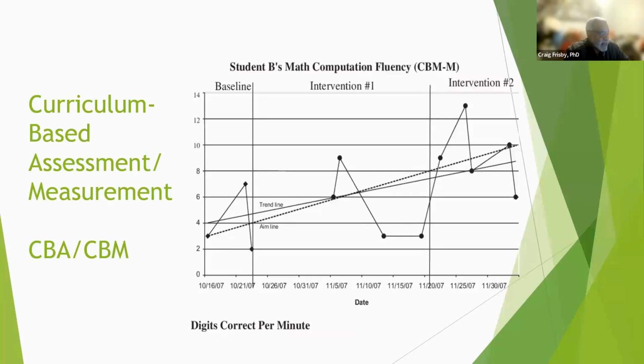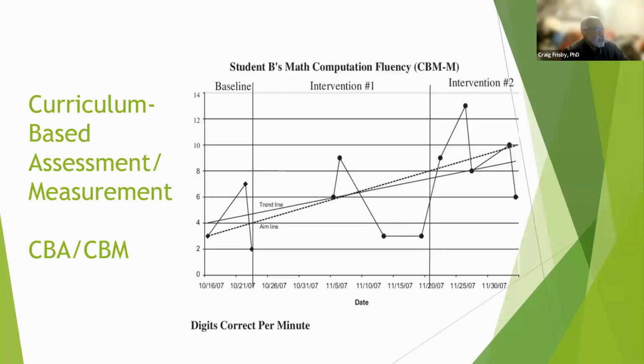And again, I was on the school psychology faculty during the 80s and 90s where curriculum-based assessment was very popular. Curriculum-based assessment is a method where you evaluate kids using items that are found in the school curriculum rather than using items that are found on IQ tests. So you would give these worksheets to kids, and they would have math problems, or they may have words in different phonetic categories, and then you would time them.